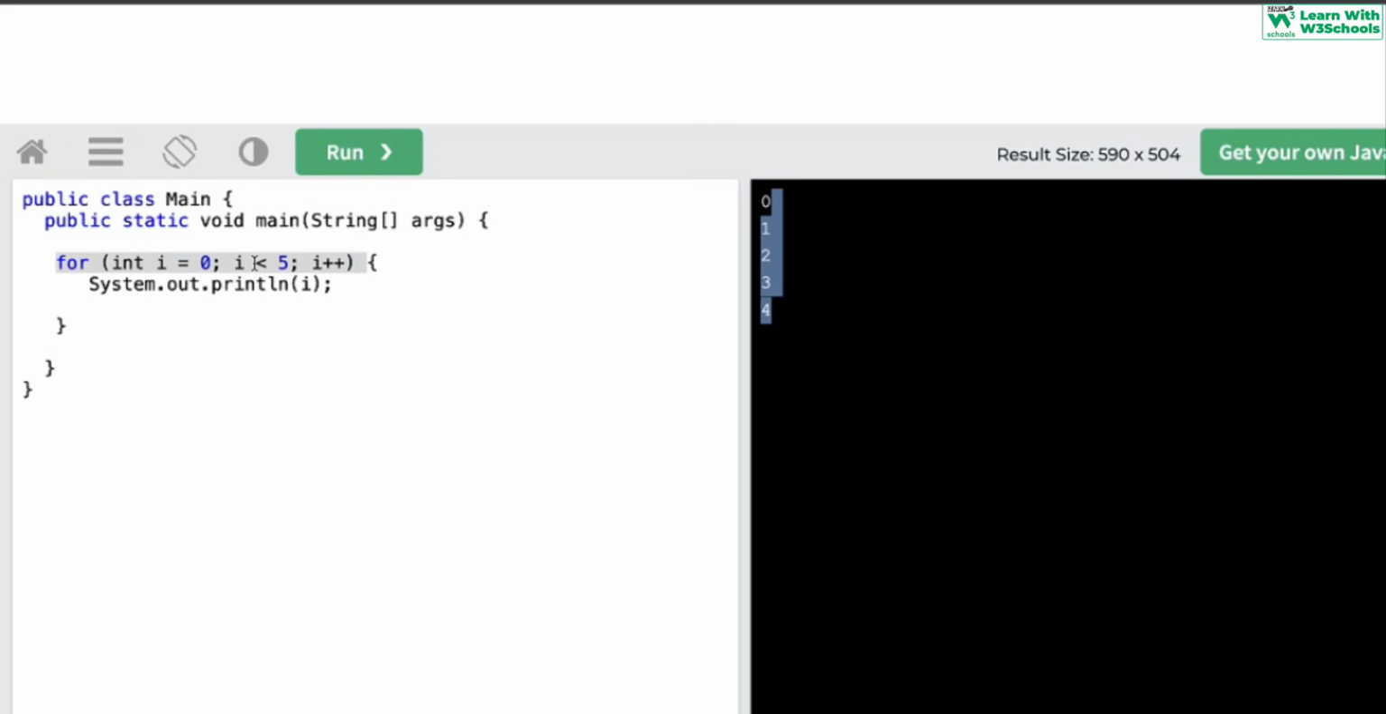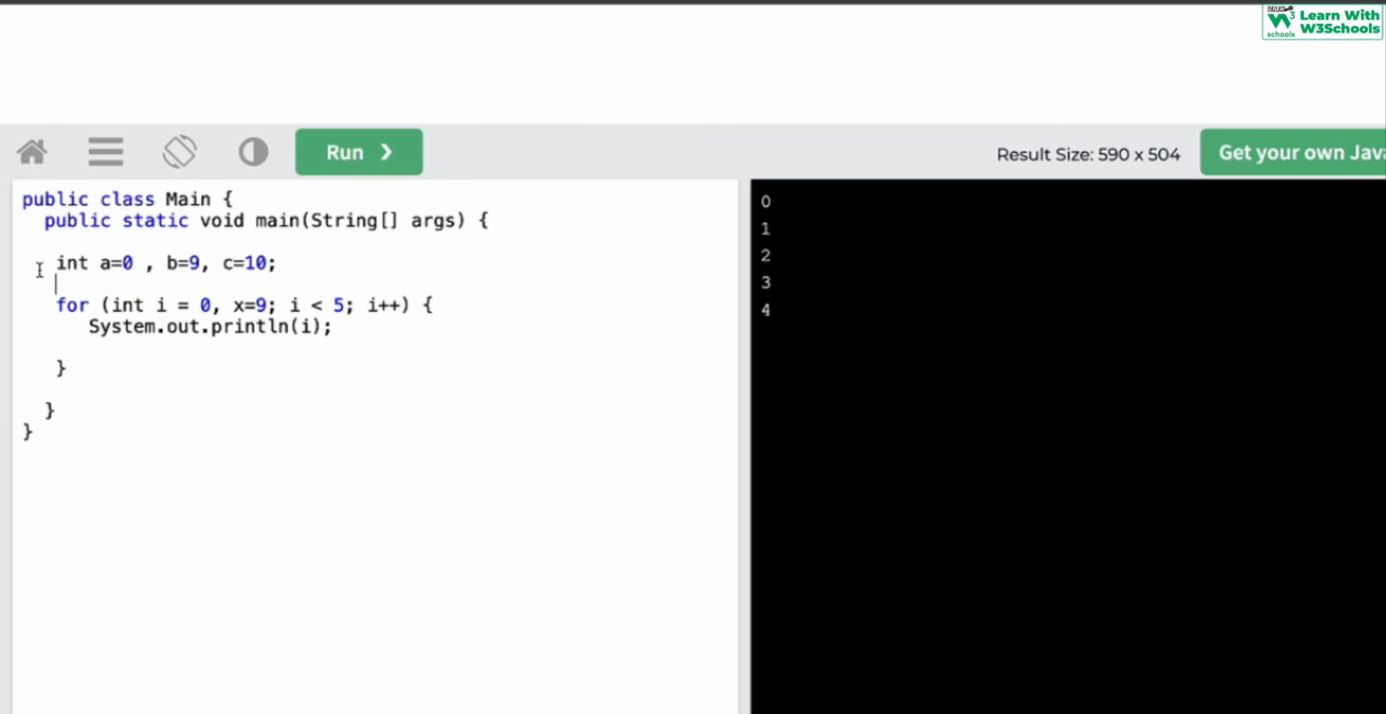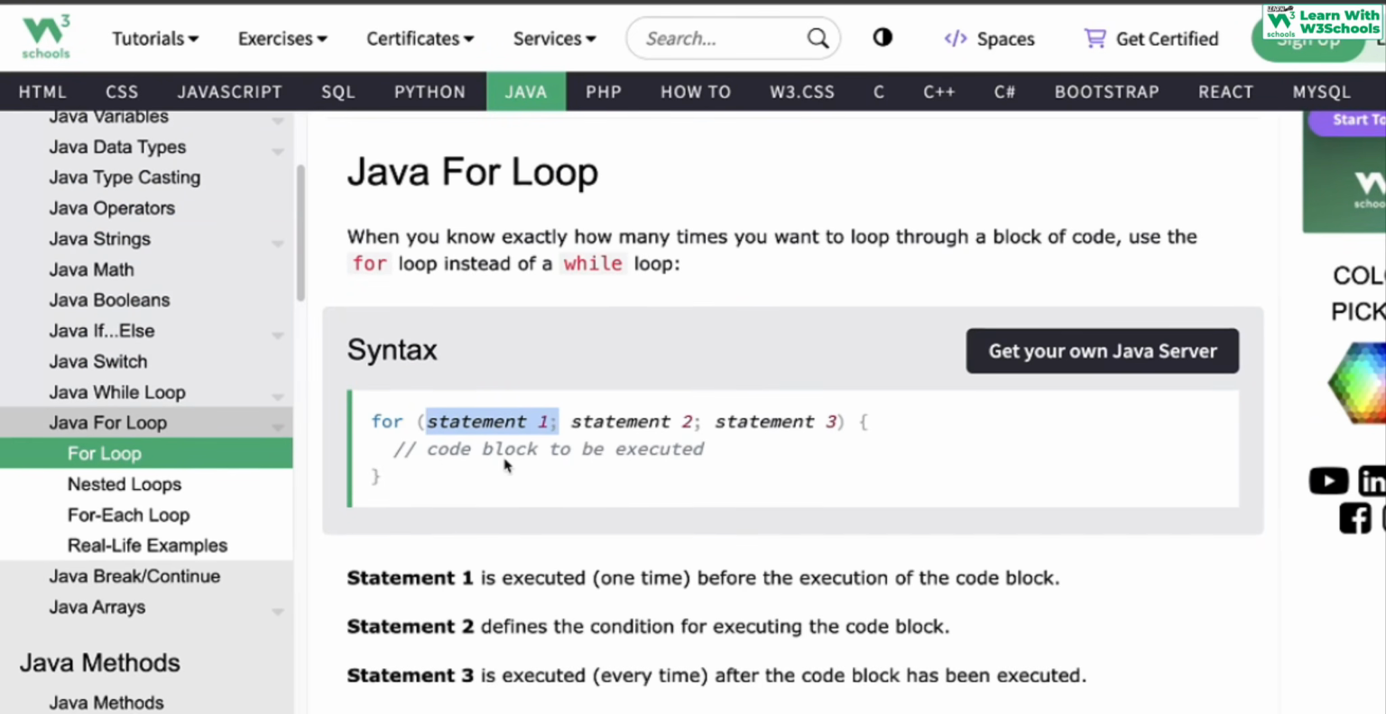But now here's a catch. Remember we discussed that I can declare multiple variables in Java like this as well. Integer a is equal to 0, comma, b is equal to, for example, 9, c is equal to 10, semicolon. So this means that we have declared three variables, or multi-variable declaration has been done on the same line. We can do exactly that in here as well,